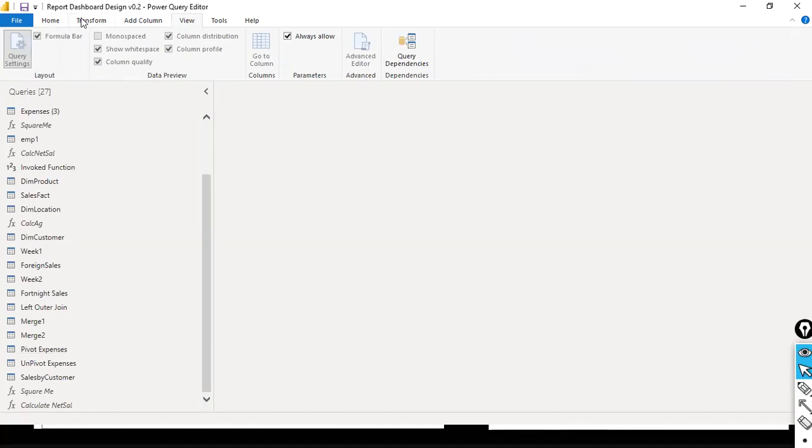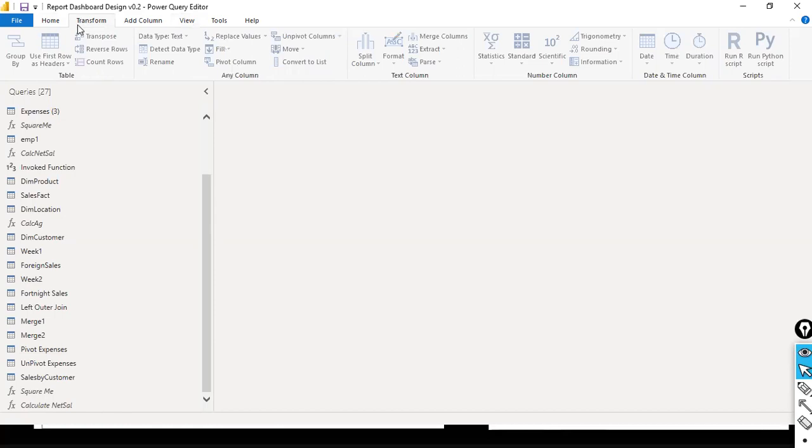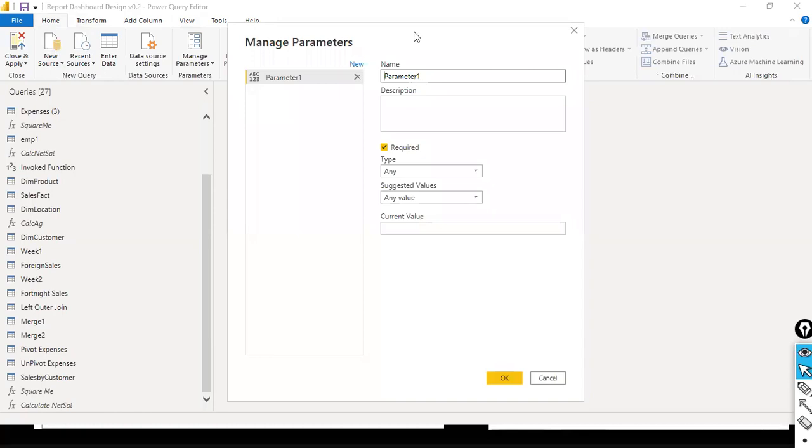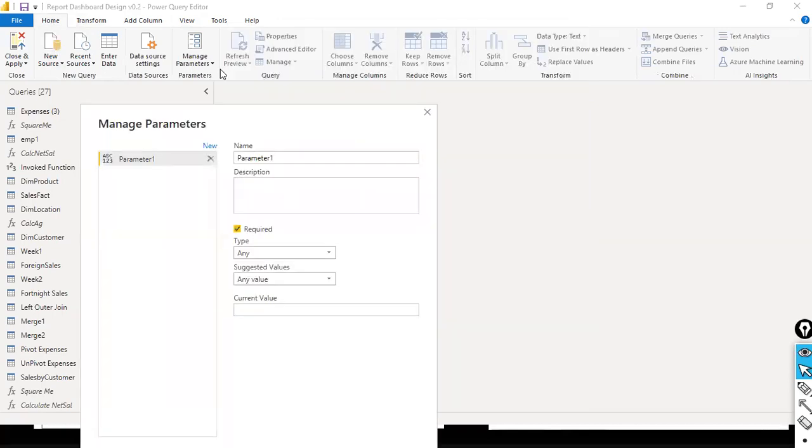So we have an option to create the parameter here. 1 second, I'm just checking here. This one, I don't remember it. Manage parameters. New parameter. You just click on it here. This is another way of creating the parameter. Okay, so in the home ribbon, manage parameters, you can create the parameter here. Here, what I do is I just, for the sake of